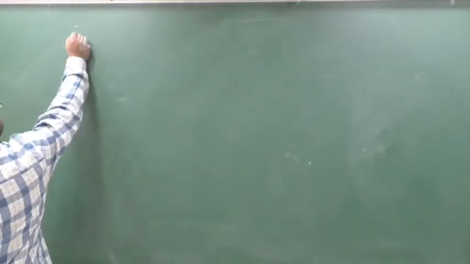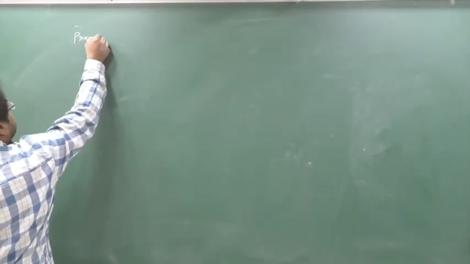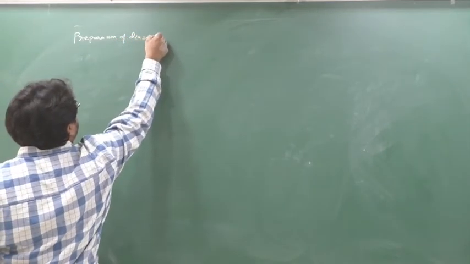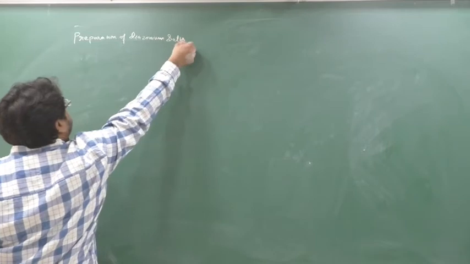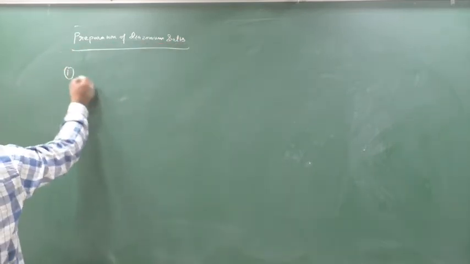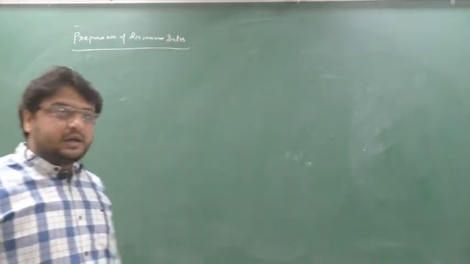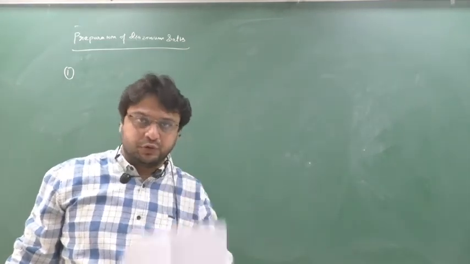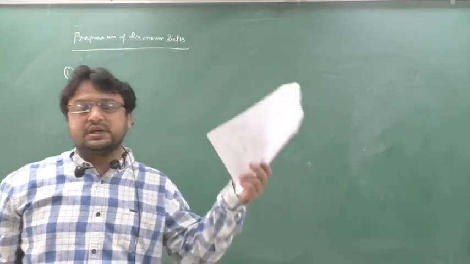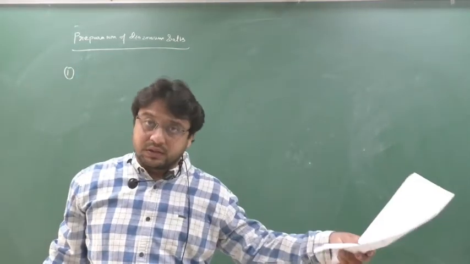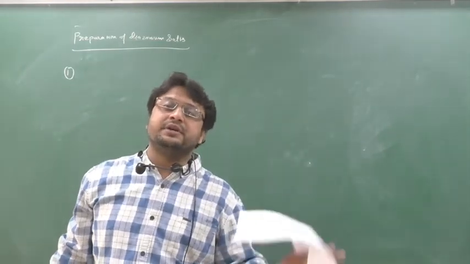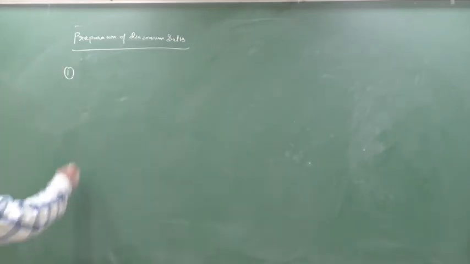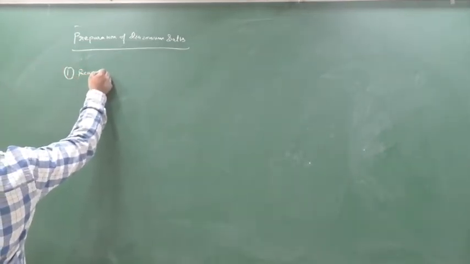You can write down preparation of diazonium salts. Okay. In that first preparation, we have just done the reaction of amine with nitrous acid. Last video I have shown you. So that reaction, the reaction of aniline with nitrous acid itself, is known as a preparation of diazonium salts. Clear? So reaction of aniline